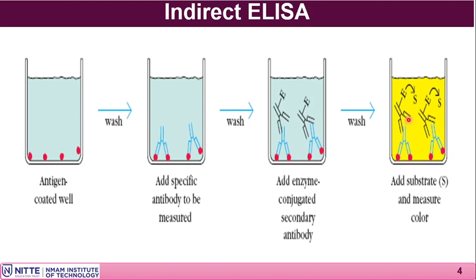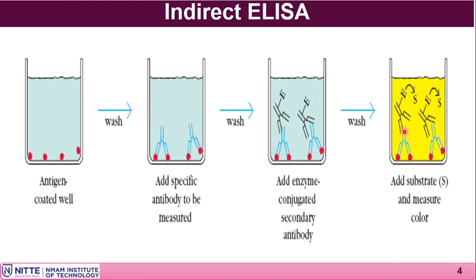The labeled antibody, if it is bound to the patient's serum antibody, which is already bound to the immobilized antigen, then the solution will become colored. That indicates that the antibody of the patient's serum was bound to the antigen, and the secondary antibody added against that primary antibody of the patient's serum is immobilized. A conjugate is now formed there.